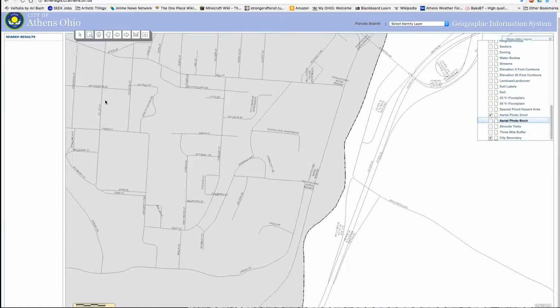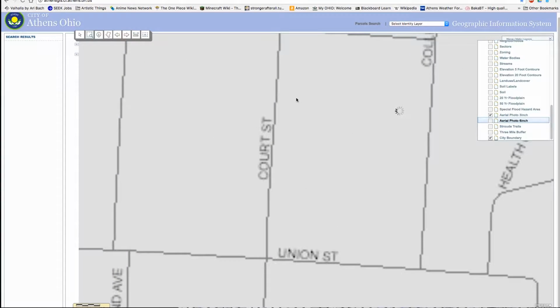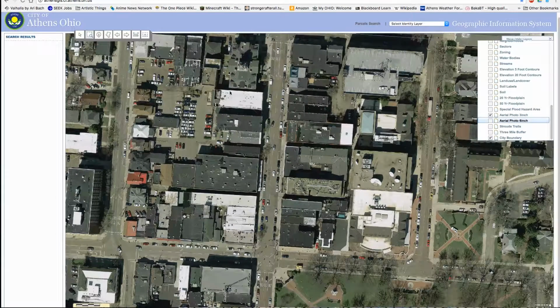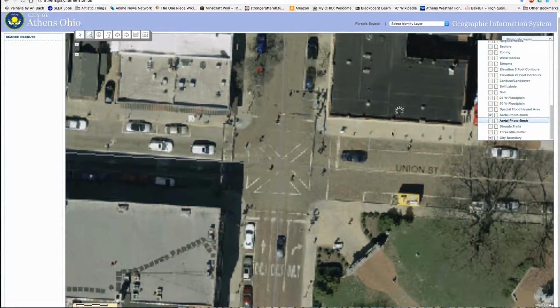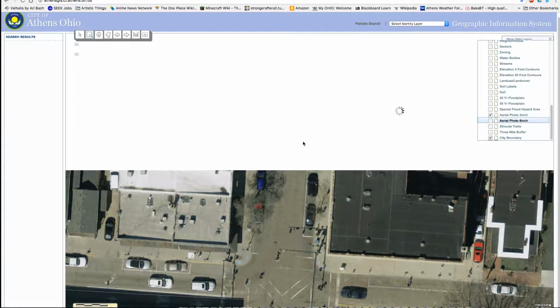Our most recent ortho photo was flown. You have to fly it, and it's not cheap to do that. We worked with the City of Athens, the Athens County Auditor, Ohio University, and there may have been one or two other stakeholders, possibly Wayne National Forest or the Ohio Department of Natural Resources. I don't recall now, but a handful of us pulled in some money to get a really detailed ortho